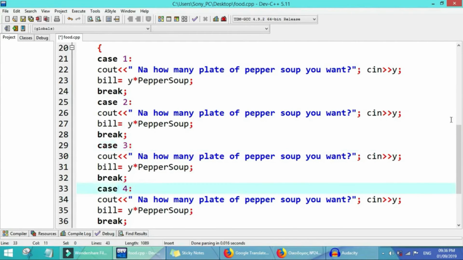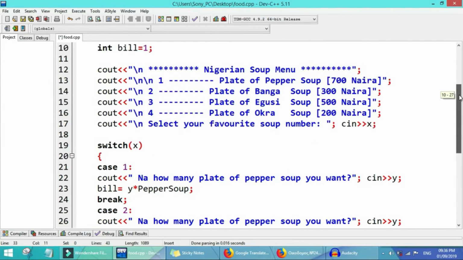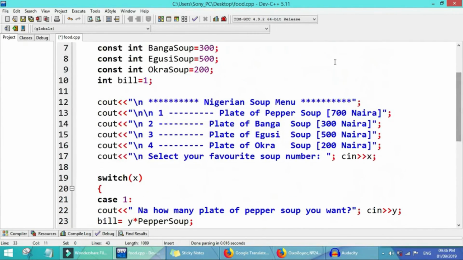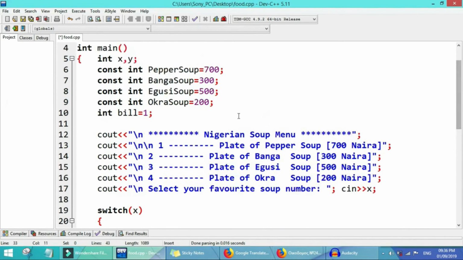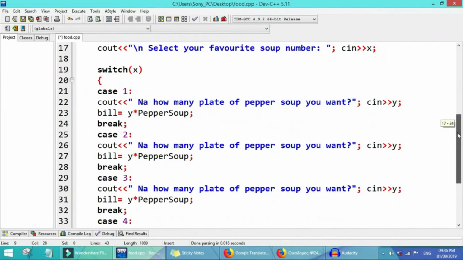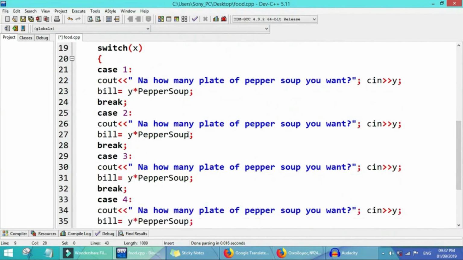For case 1 we talk about pepper soup. For case 2 we'll talk about banga soup. We'll copy our banga soup, which will be 300. Since we already assigned it to 300, it is easy for us to copy banga soup. So here we'll put our banga soup.